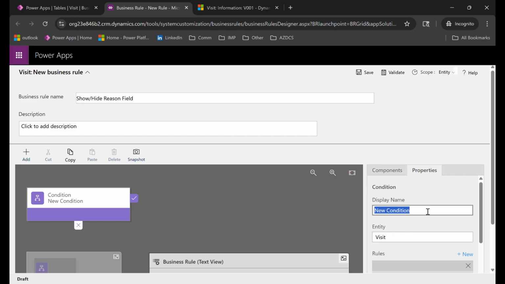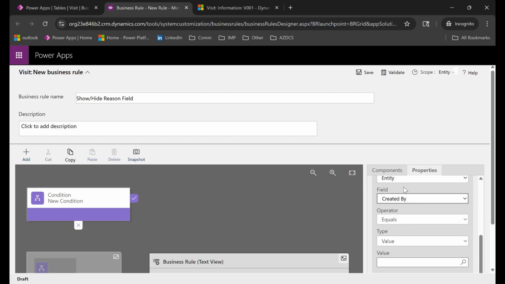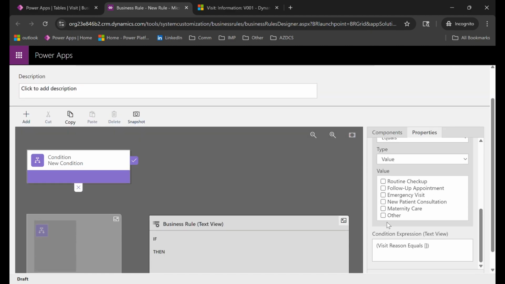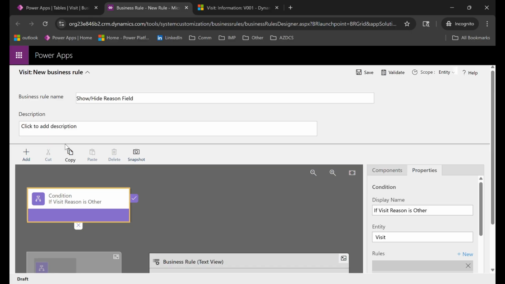So the condition will be: if visit reason is other, visit field visit reason equals value other, apply. Then select this, add